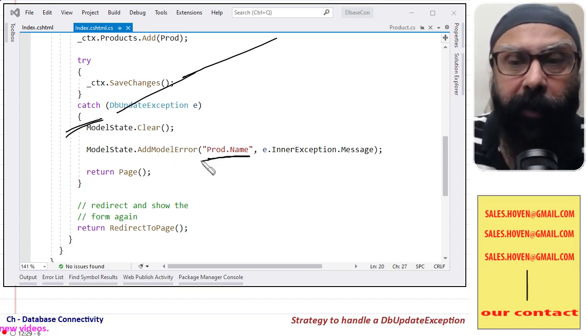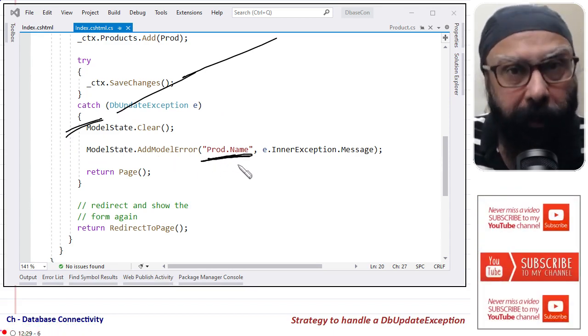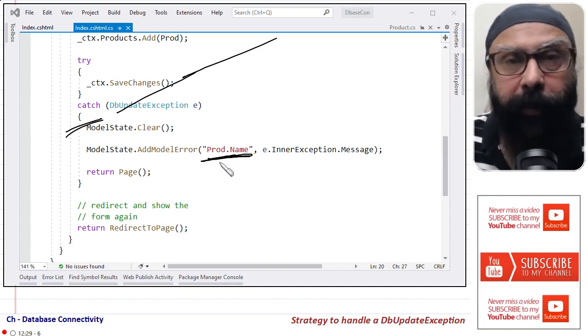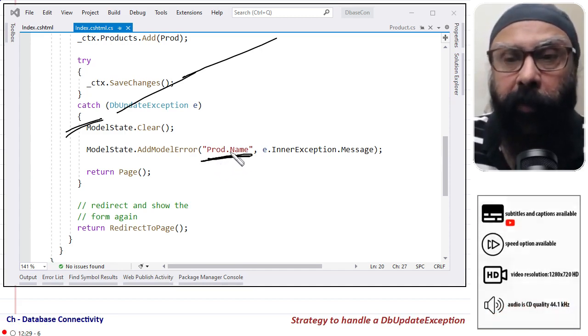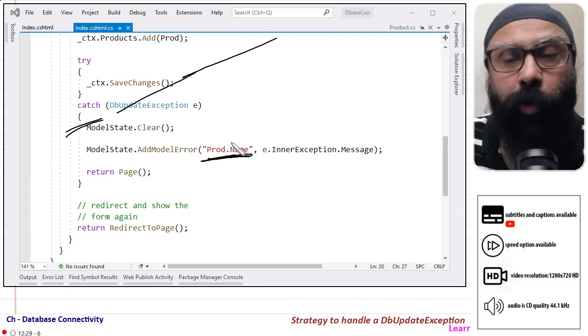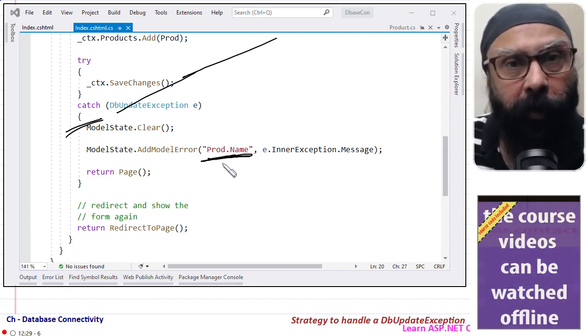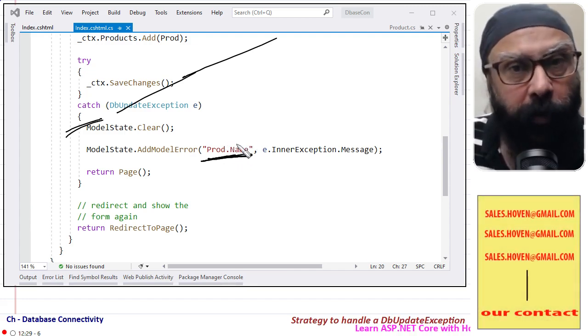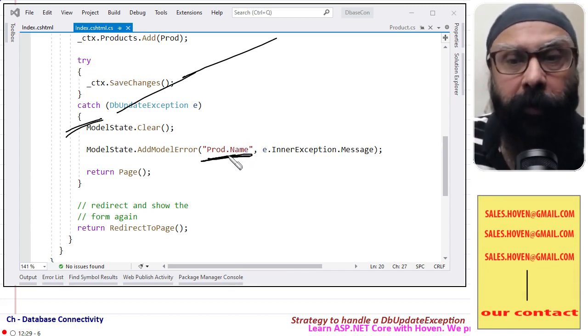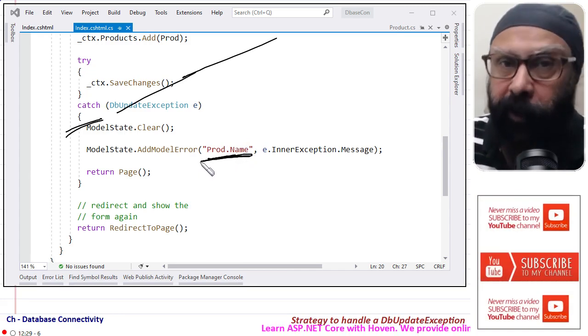This error is added to prod.Name so that on the validation side the error will be shown near the text box that is bound to prod.Name, or this error will be shown in the validation summary.